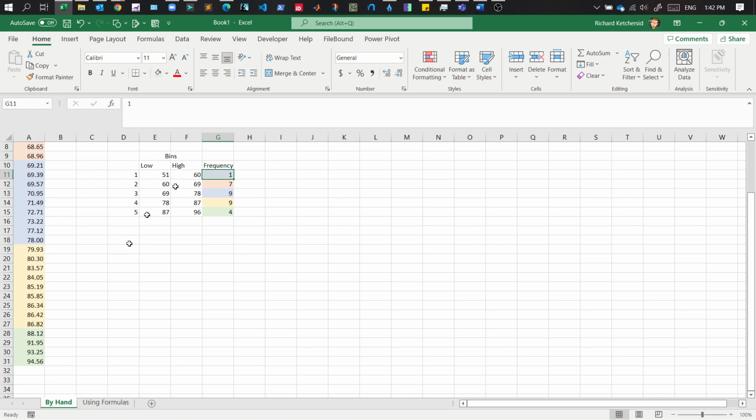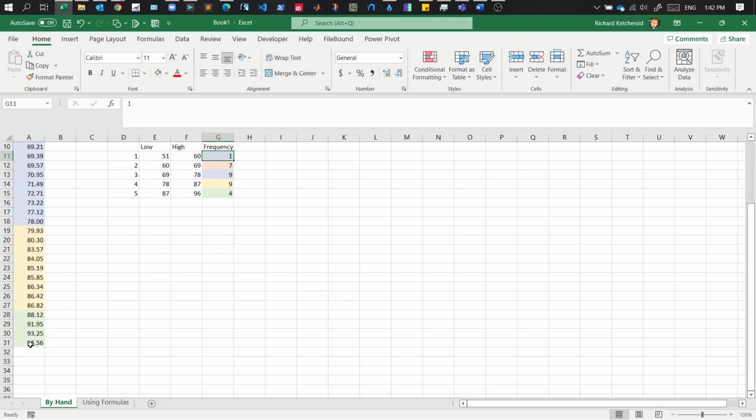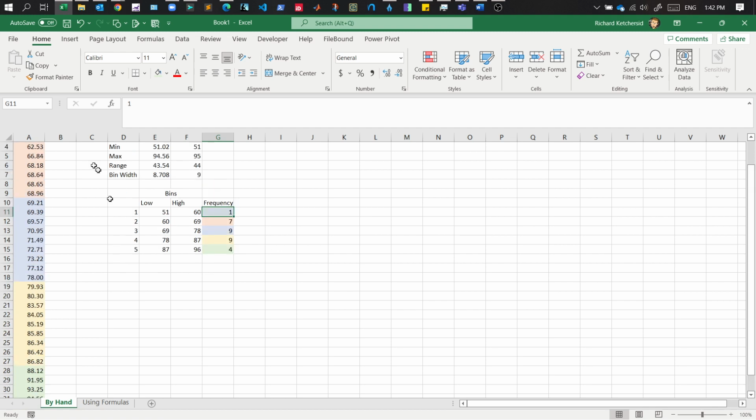Okay, so that's frequency. We could also compute relative frequency. So how many things do I actually have? Well, I wasted one number up there with the grades. I have 31, so I actually have 30 things. So the number of items here, I could put this here as count, is 30. There's 30 items here. So if I wanted to do relative frequency,